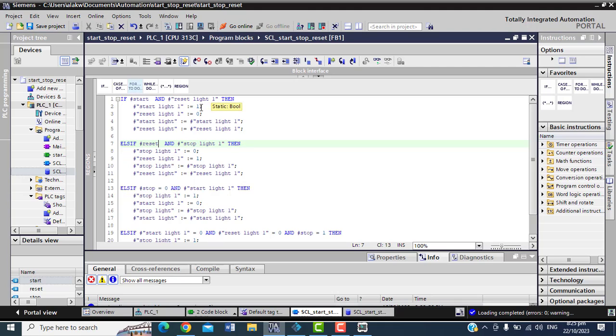But if you just start this program, or for here itself, we say if you press the reset button and the stop light is on, or for here we say if the stop button you never press, you press it rather, and then the start light is on. But the truth of the matter is, if you just start this program, every light is off. Every light is off, that is the truth. So these conditions will never work.